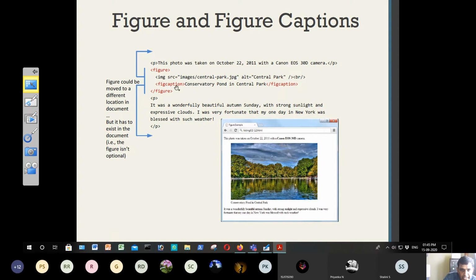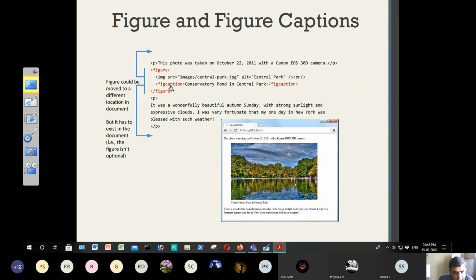Next we have given a figure caption. Figure caption is another tag, or element, used to give a caption. You might have seen that an image will have a caption at the bottom telling what that image is.